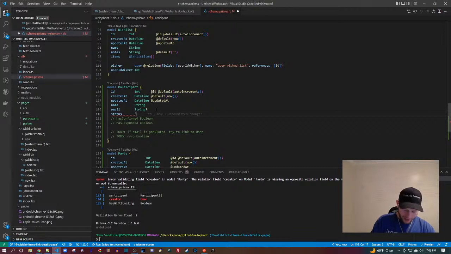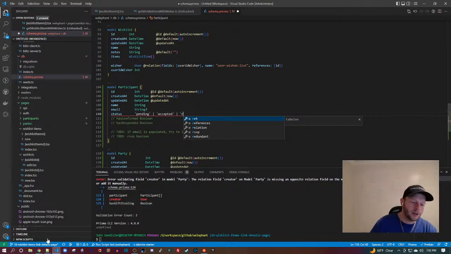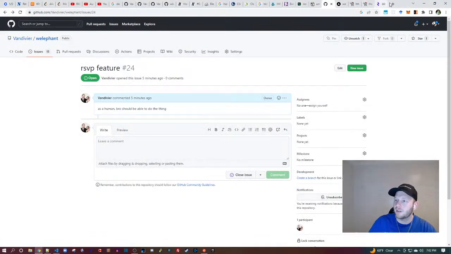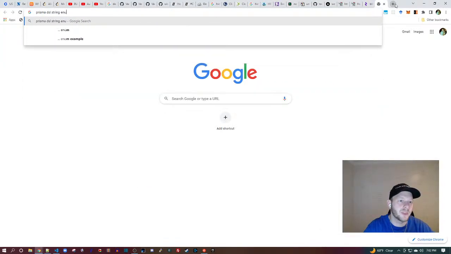So pending or accepted or rejected. I wish I had a way to do this. Okay, let me check Prisma DSL string enum.